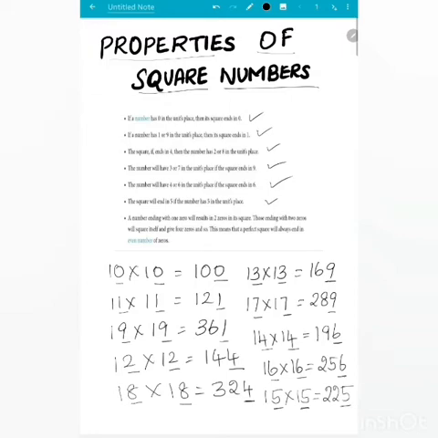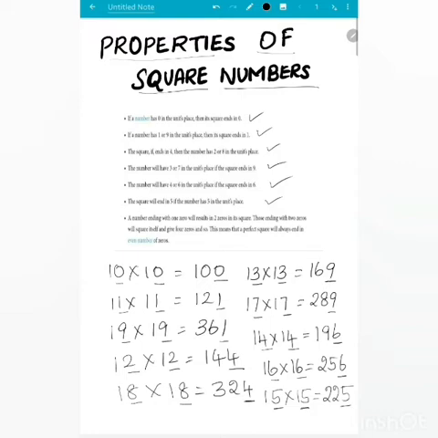Okay. So the next one: a number ending with 0 will result in 2 zeros in its square. See this example. I'll take 10, with 0 in the units place. The square number has 2 zeros, isn't it? Numbers ending with 2 zeros will, when squared, give 4 zeros, and so on. If I take 100 into 100, what will we get?